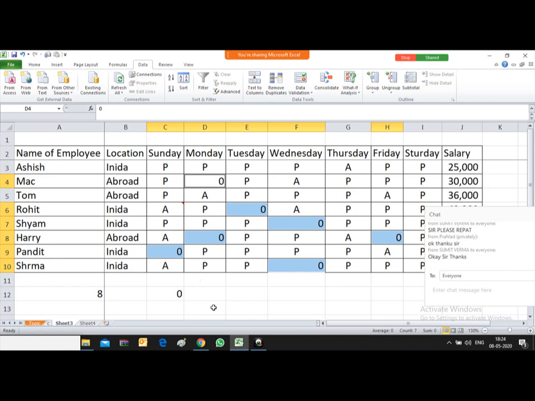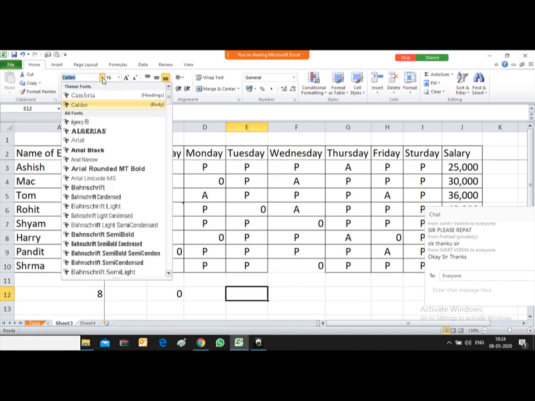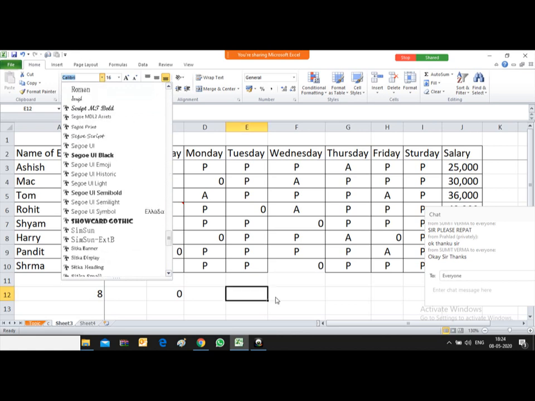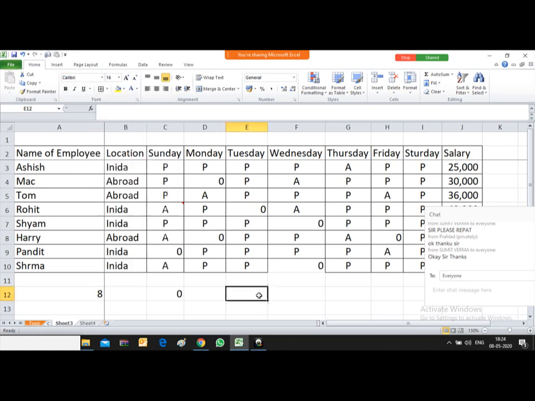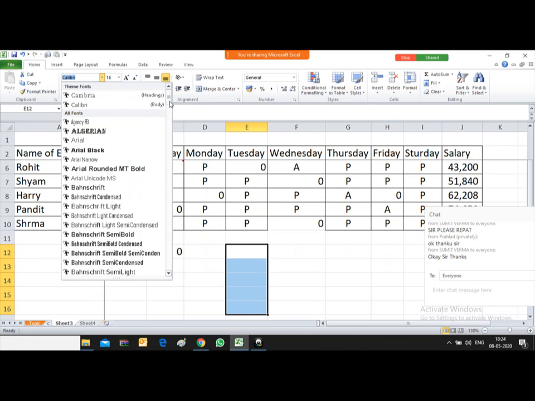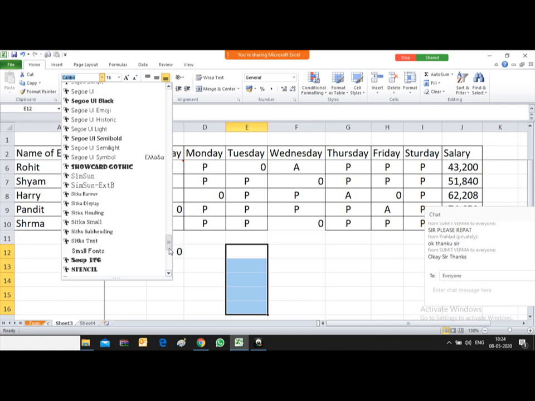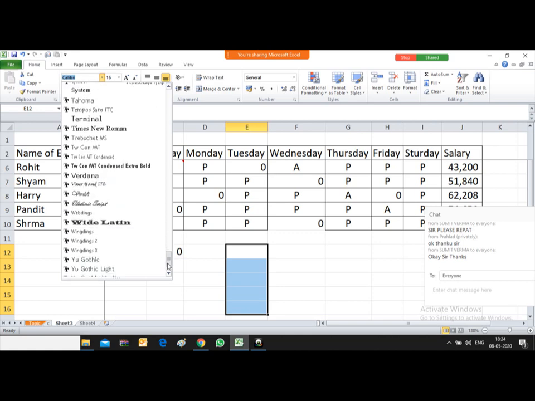Coming to your query, Ravi, about how to put a tick. Friends, putting a tick is just a usage of the font style Webdings. Let me select one area. After selecting, I will apply the Webdings style, which appears in the font style list.